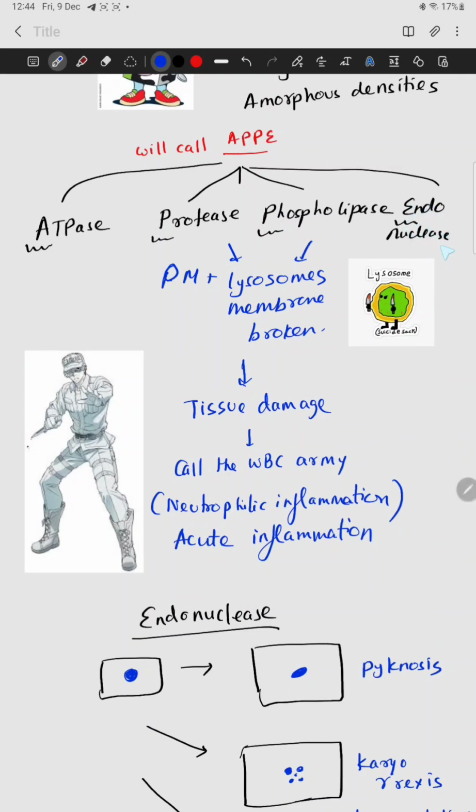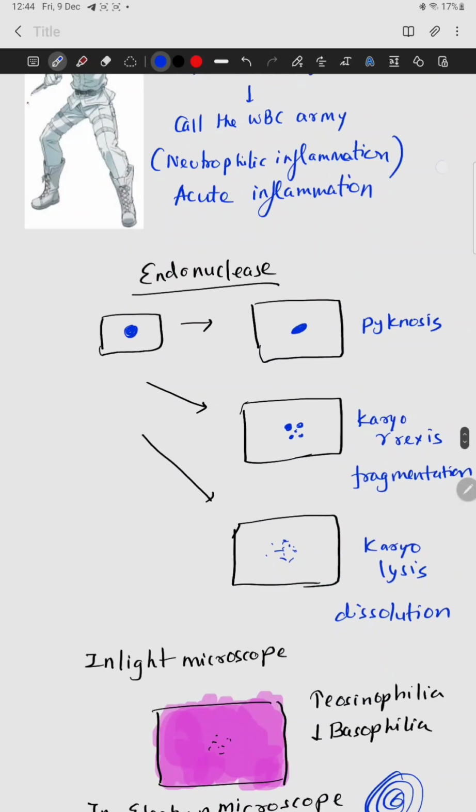The secret is exposed. Also, we have the endonuclease, right? So as the name nucleus is there, it affects the nucleus. So see what all it can do. It can result in pycnosis, that is, the nucleus is becoming very small. That is pycnosis, and it will get broken down or fragmented. That is called karyorrhexis, that is the fragmentation of the nucleus, and next it can be completely dissolved, that is the dissolution, that is karyolysis. So these are the steps: pycnosis, after that karyorrhexis, and next karyolysis.